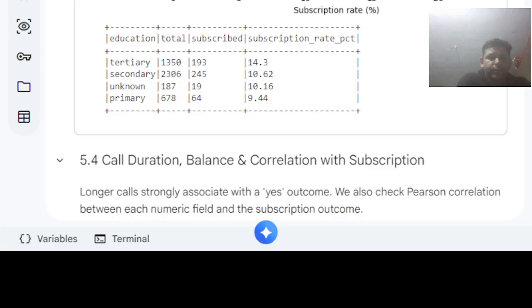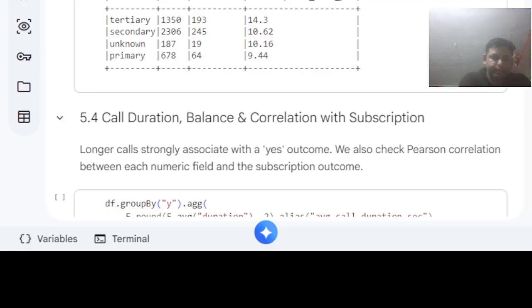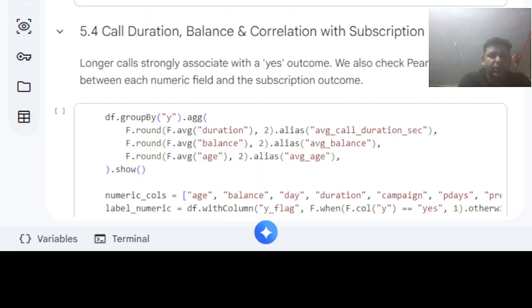And the subscription rate by education: tertiary has 14.3, secondary education has 10.62, unknown has 10.16, primary has 9.44. Subscription rate percent, this is the value for that. So the call duration, balance,